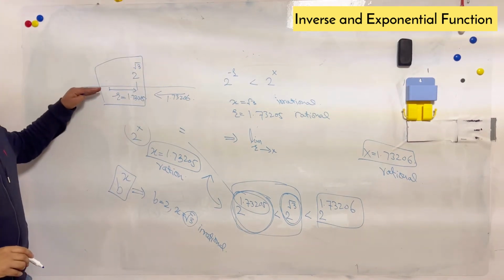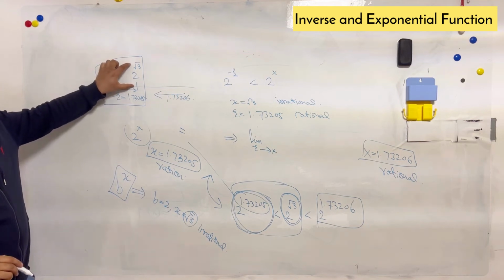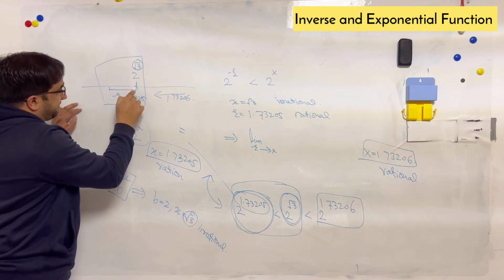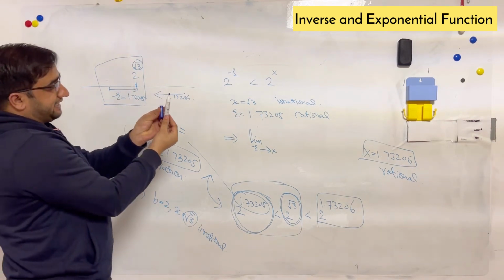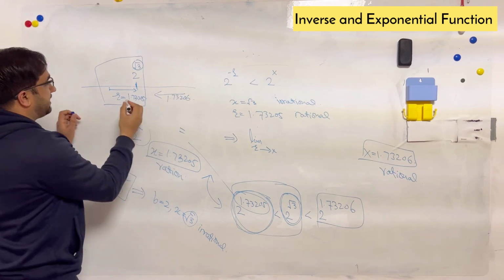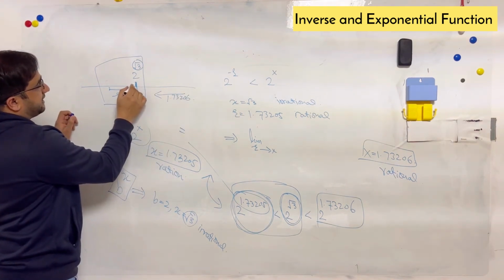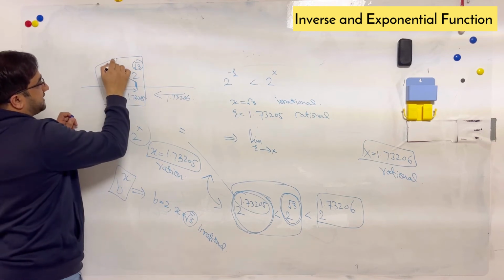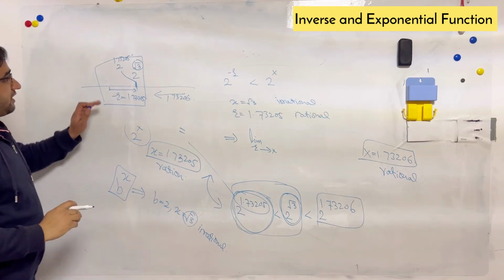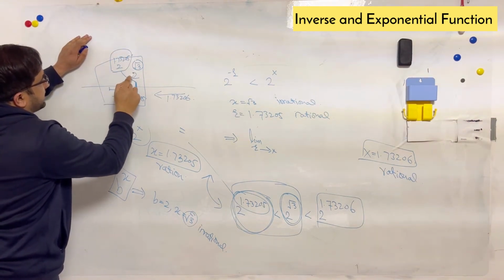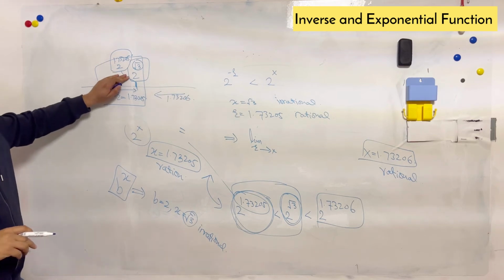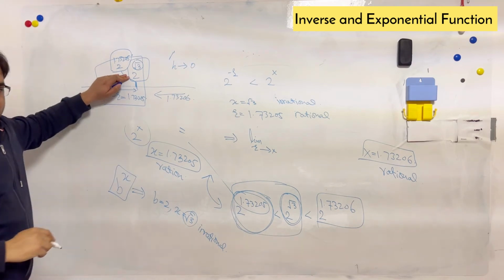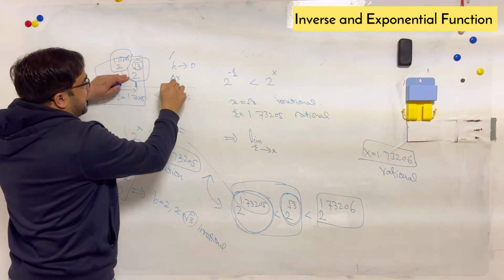If I approach from the left side to this number, on the very left of this number there is no real number in between, and on the very left is another number, which is 2 raised to the power 1.73205. I am assuming that these two numbers are so close that the difference delta x between them goes to 0.